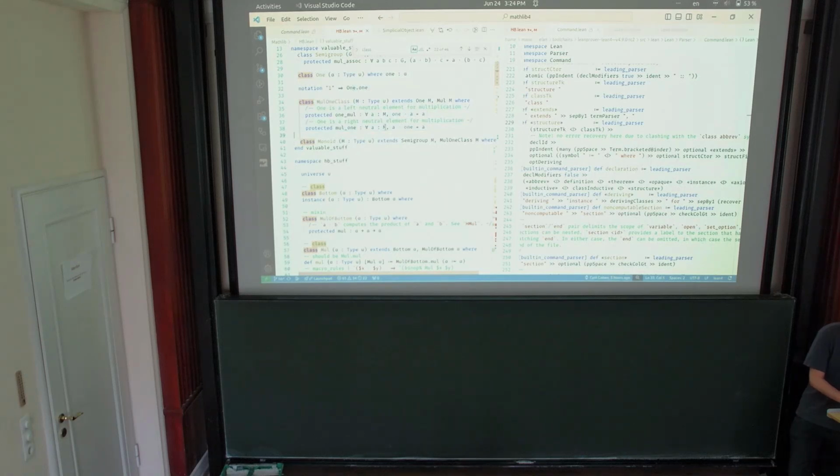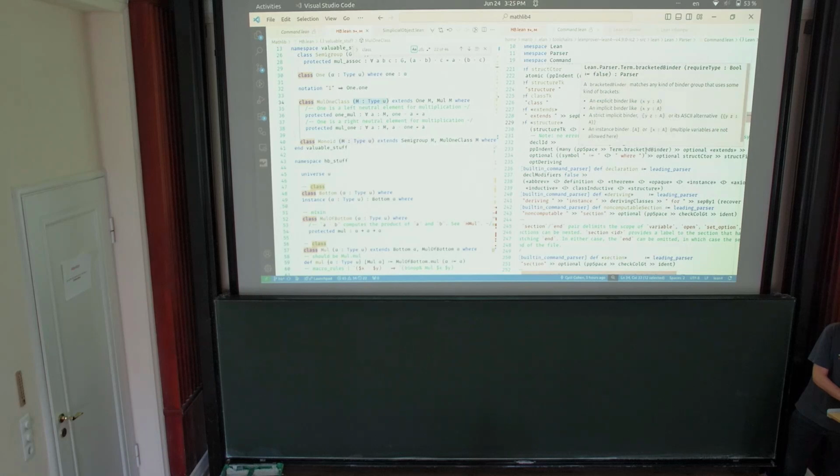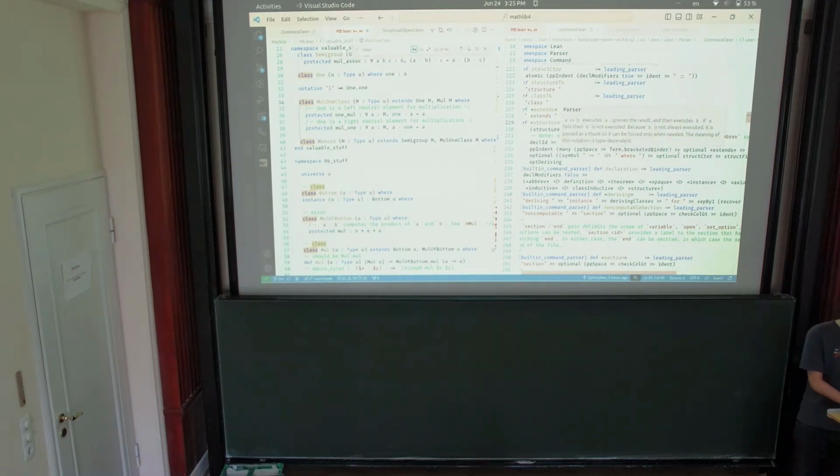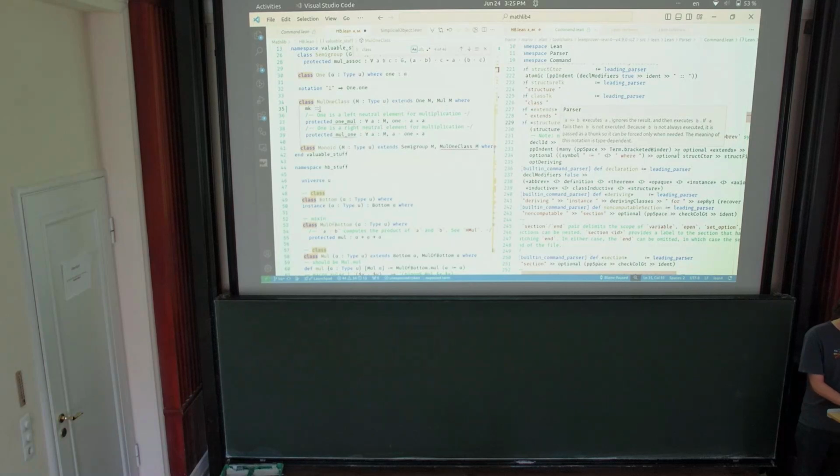Possible. So this is a class. This is what new classes normally look like, and you can sort of recognize the tokens that are coming out of this. So we have a class token, and then we have the decl ID, and then we have the binders, that's these bracket binders over here. And then we have the extends, that's this optional extends. And then we have either colon equals or where. And then there's no constructor here, but if you wanted, you could write make. Usually the only